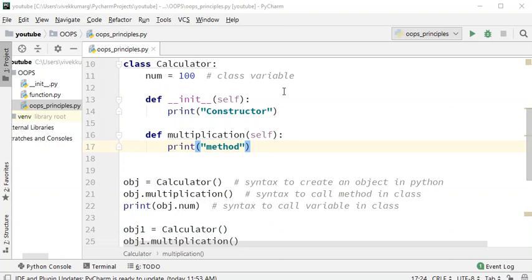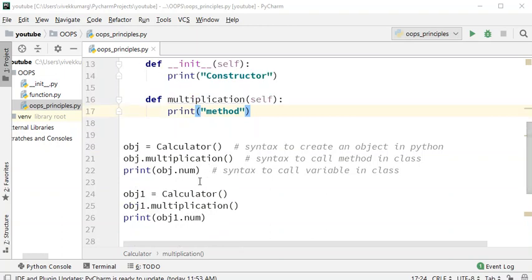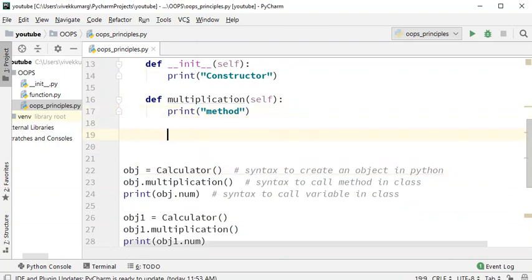So basically, if I want to send a parameter from my object to this class, how will I send? Before that, let me create one more method. Def, and for example, summation this time, and then self. Now just know a little bit about self before we actually start talking about it. The self parameter is mandatory all the time when you declare a method in the class.